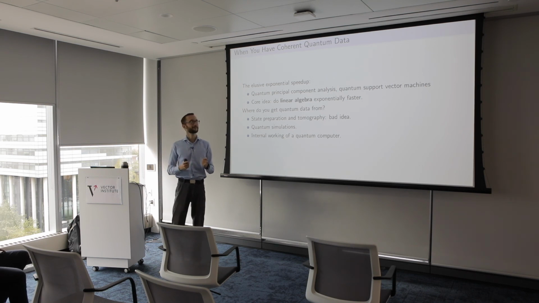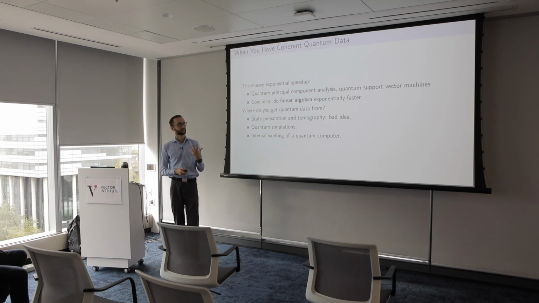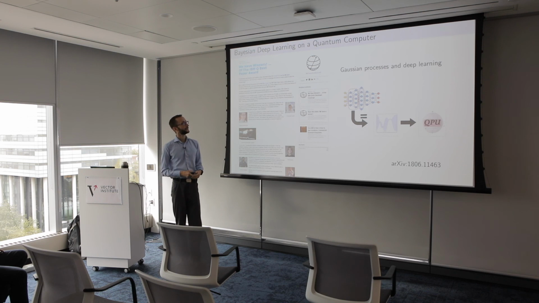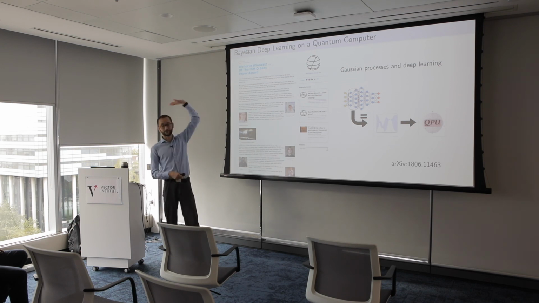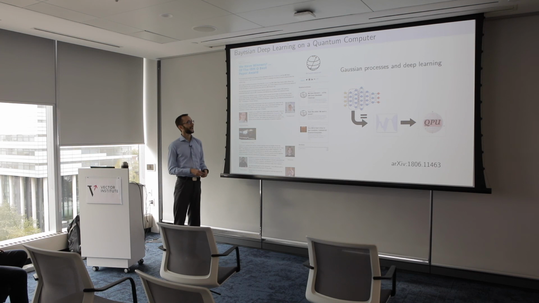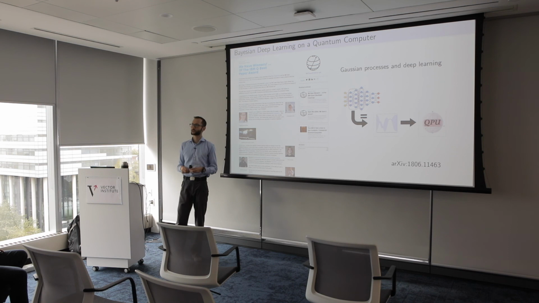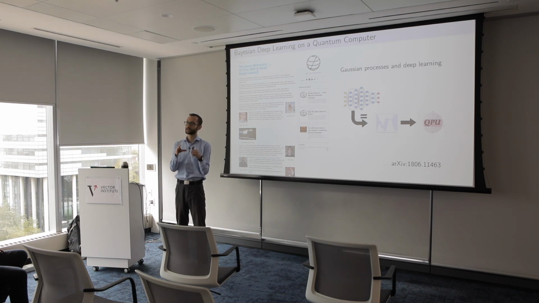But it's not really a meaningful problem, and I got very upset about people just using the same idea over and over again. And so we did a bit of a tongue-in-cheek paper. It's on arXiv since June. It's Bayesian deep learning on a quantum computer. We wanted to develop a protocol that does this matrix inversion, and we wanted to show just how bad it is. The paper actually has some mathematics, so there is actual meaning to it, but the actual punchline of the paper is the experimental section.